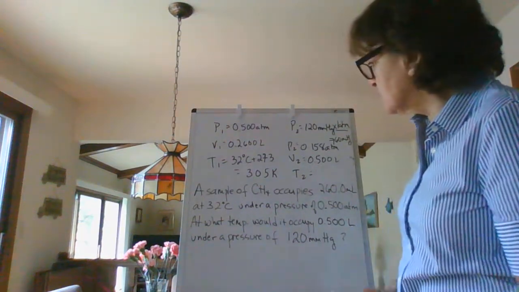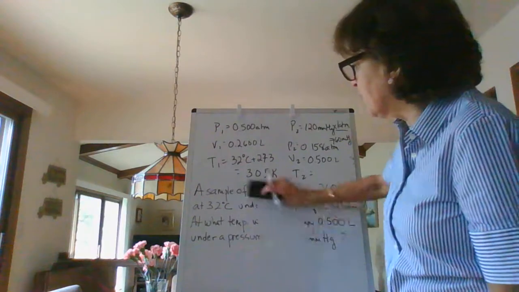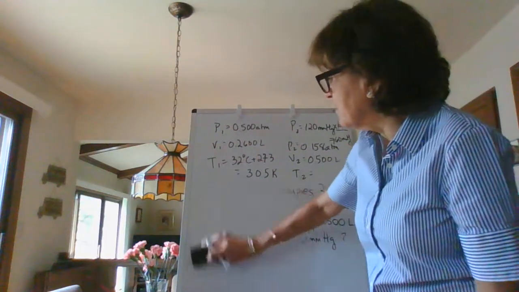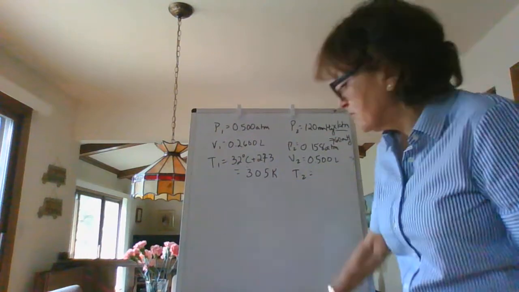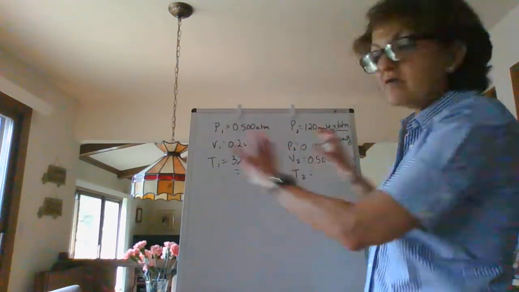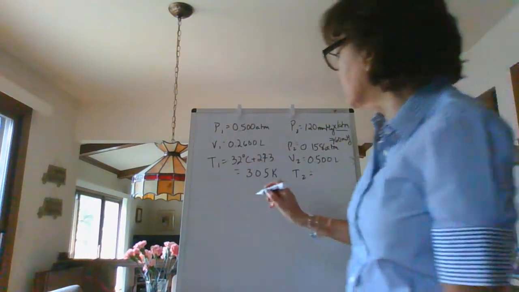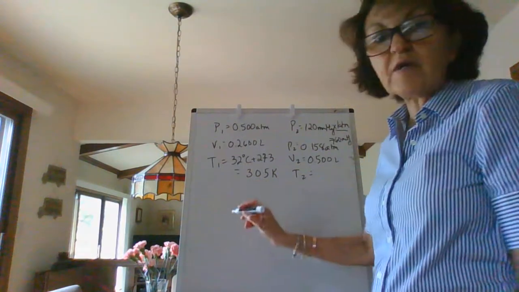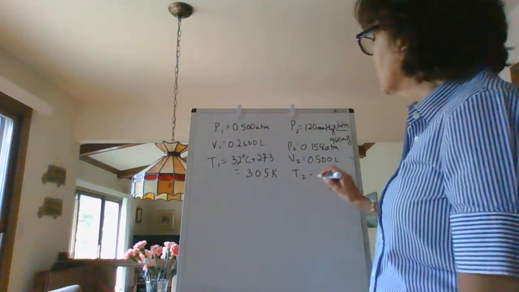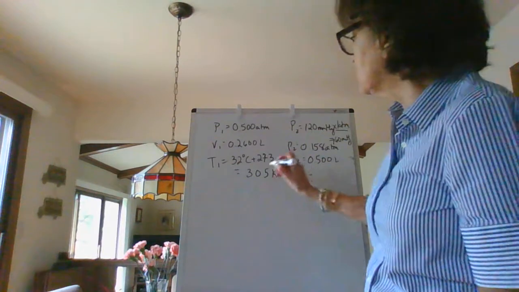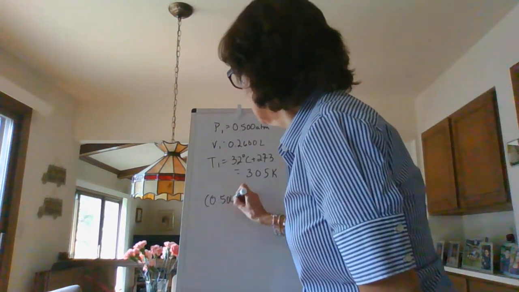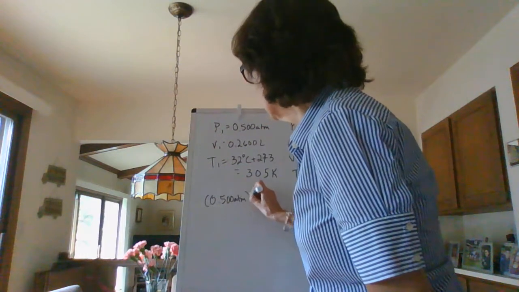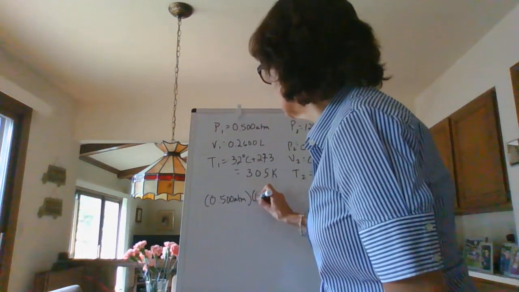You plug it into, I'm going to erase the actual problem. Hopefully you've already written it down in your notes to get rid of the clutter. I know this board always looks way too cluttered. Remember, it's P1V1 over T1 equals P2V2 over T2. So I'm going to put 0.500 atmospheres, and then V1 is